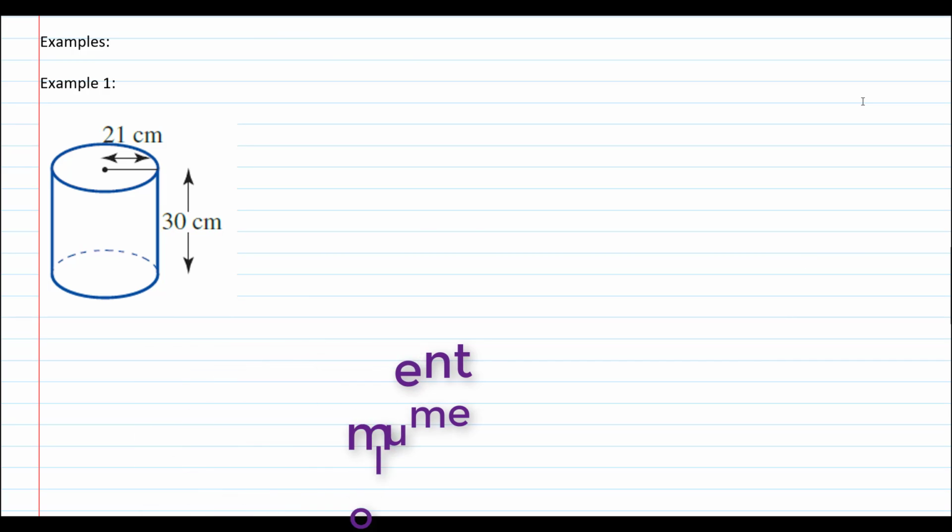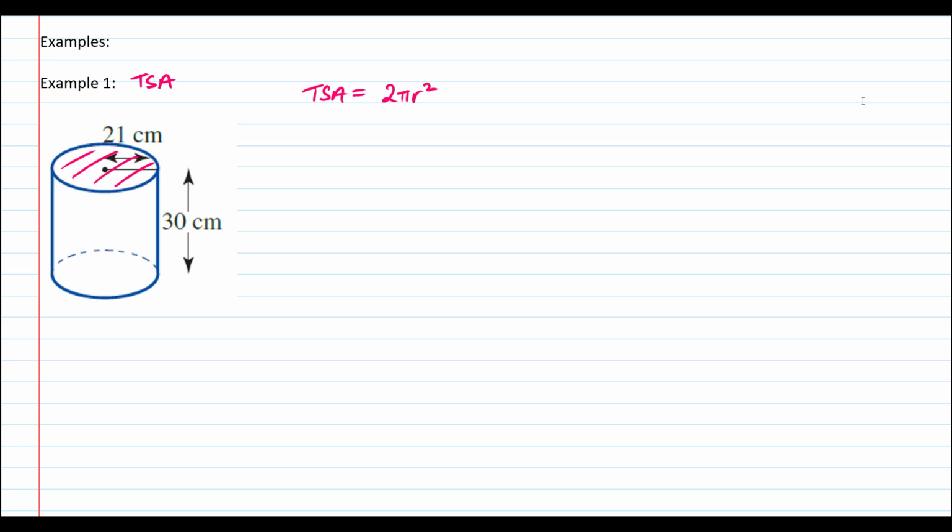So let's start with example 1. In example 1, I want to calculate the total surface area of this cylinder. Now, I could break this up into its net and deal with it again, but remember we have a formula here. TSA is equal to 2 pi r squared, so that gives us the area of the top and the bottom, plus